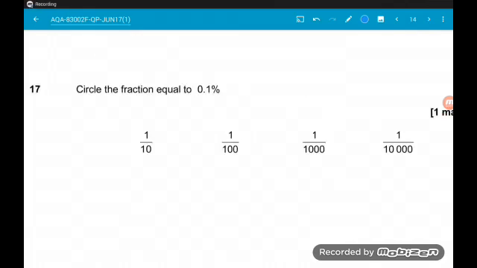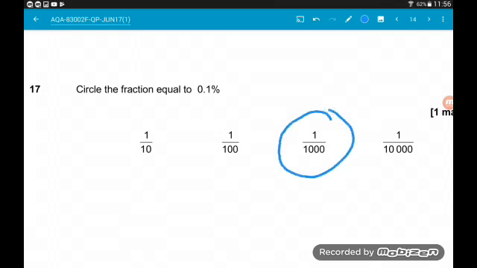Question 17. Circle the fraction equal to 0.1%. So you can put this straight into a calculator. It will do it for you. I've just checked. If you don't know where the percentage button is, mine's on my left bracket button, but I need to press shift first. So I put in 0.1, press shift, and then the left bracket, 0.1%, press equals, and it gave me the answer, which is